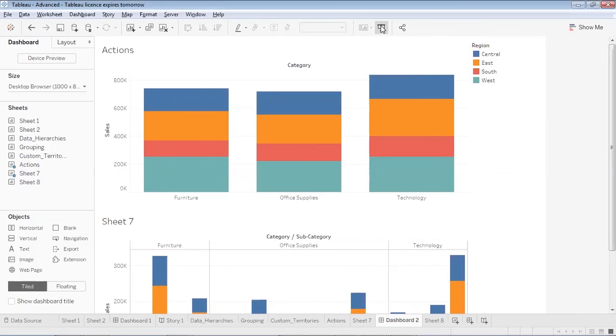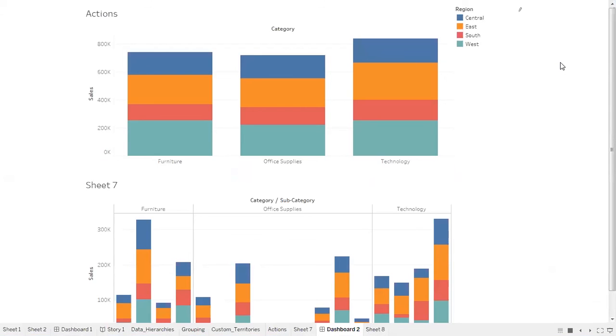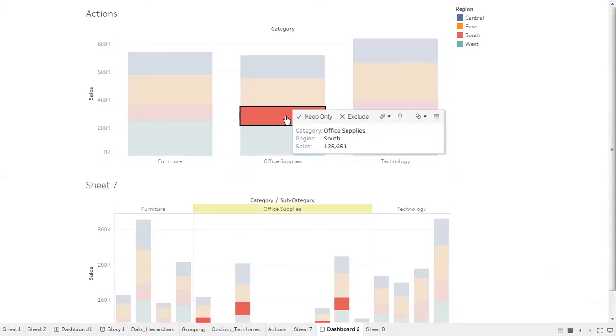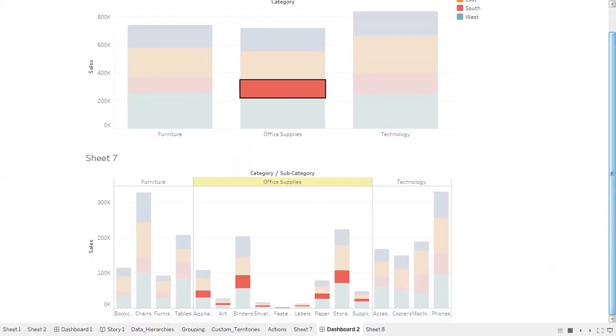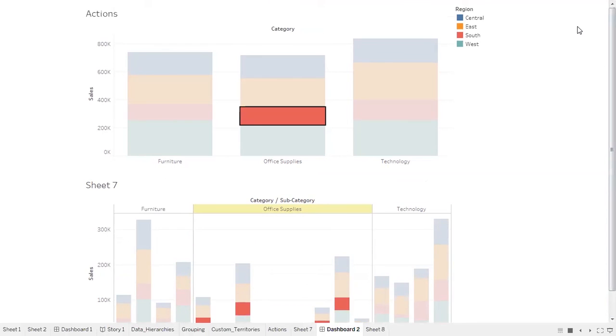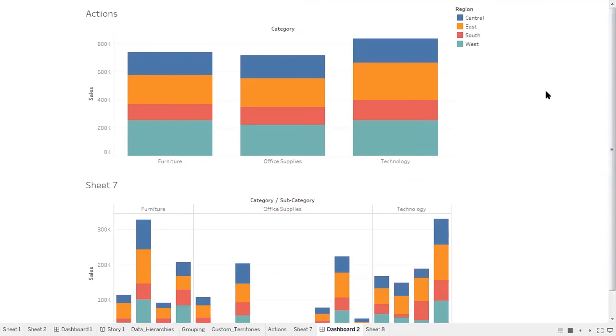Now you will see when I go to presentation, let me show it clearly in the presentation mode. Now you will see when I select a particular category's sale for a particular region, supposedly I would like to see the sales of office supplies in the southern region. So when I select this, then all the subcategories corresponding to office supplies where the sales are done in the south will be highlighted over here. So in this way you use the action highlight feature, and this is how you use it in the dashboard. So basically, action highlight features are usually best when you have to use a dashboard.